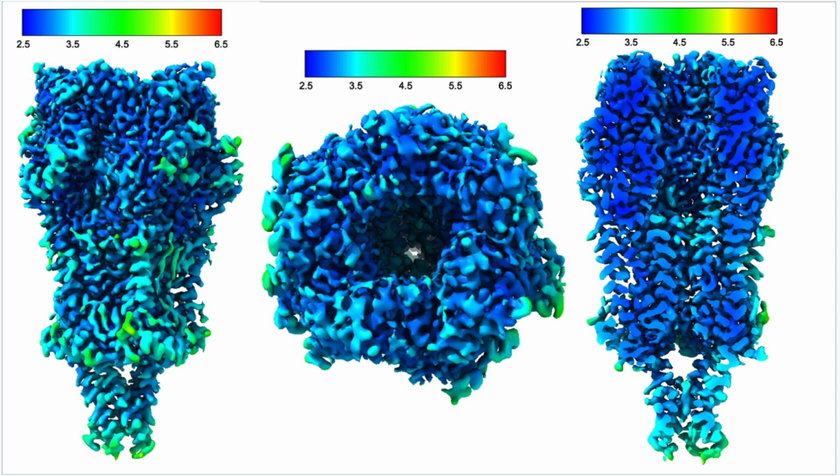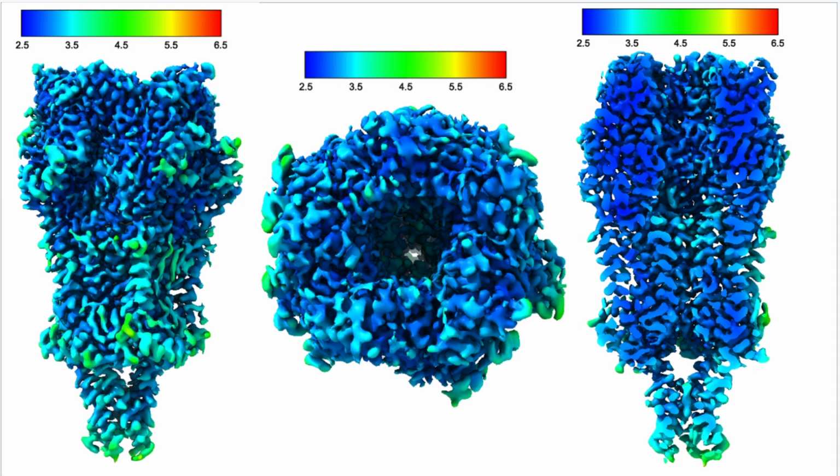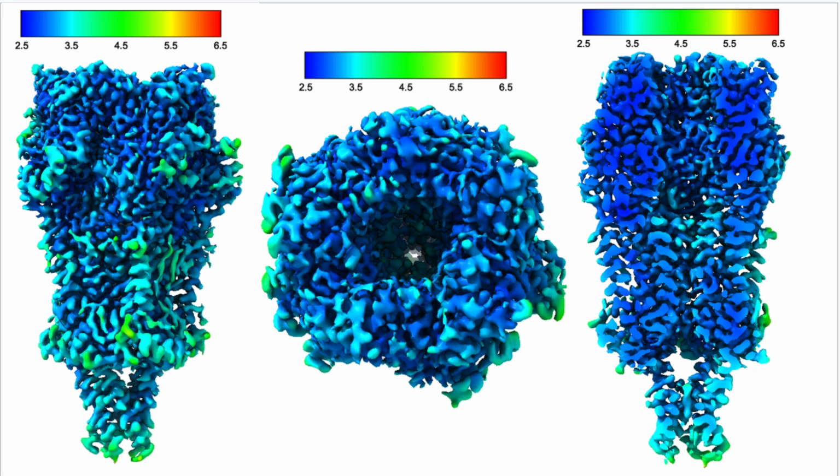But looking at the specific local resolution, what you can see is that most of the structure is really well resolved, roughly at 2.5 angstroms, especially when you're looking at the very right one, which is basically just the receptor cut through down the middle. You can see that a lot of these residues have a really nice resolution around 2.5 angstroms. And then looking at the one on the very left, you can see that some of these structures, towards the outermost part of the receptor, have closer to a 4.5 angstrom resolution. And so just something that I'll bring up here, but I'll mention later as well, is that